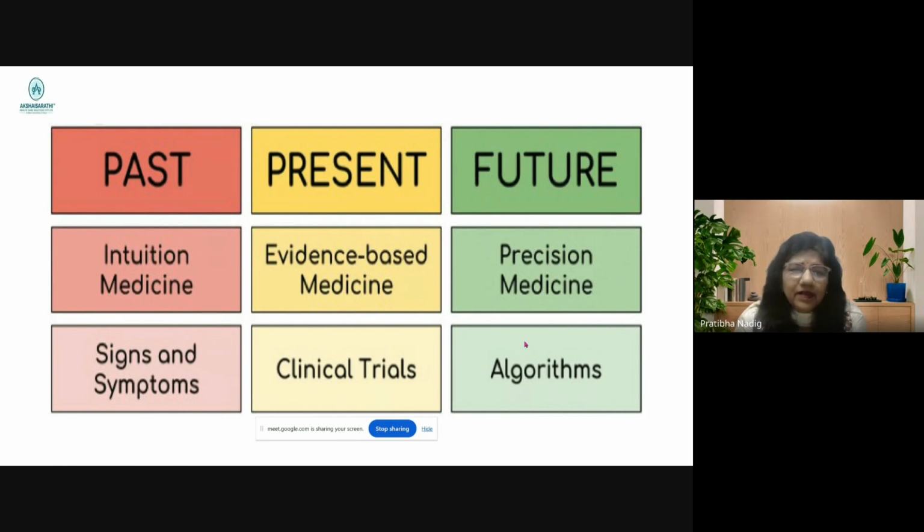The students may find it a little difficult, but at least we must understand we are in the stage of understanding what are the signs and symptoms. But we must also know, as per the curriculum, you are studying what is evidence-based medicine, how clinical trials are conducted, which we did not study. Now we are studying. Now with this talk, you will understand the relevance of introducing these topics in your curriculum, so that we understand what clinical trials are and how much they help as research for the current treatment. And we are going in the next decade beyond that. So we need to integrate and we need to understand at this moment.